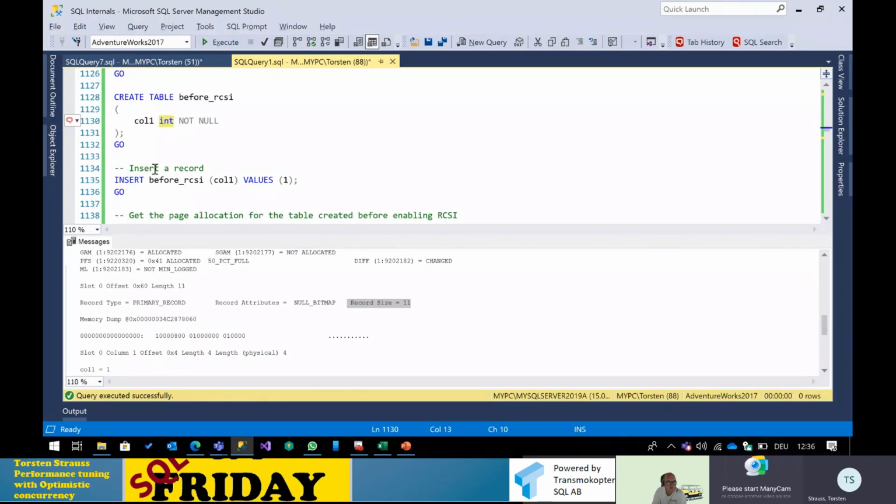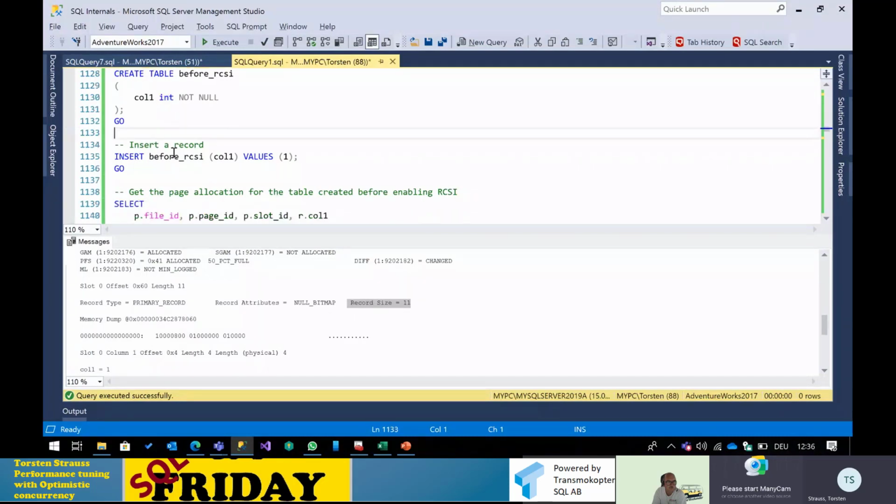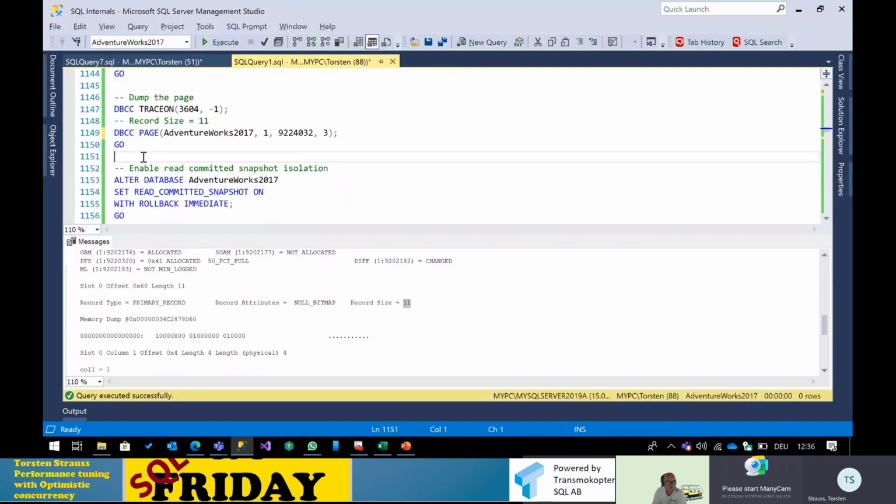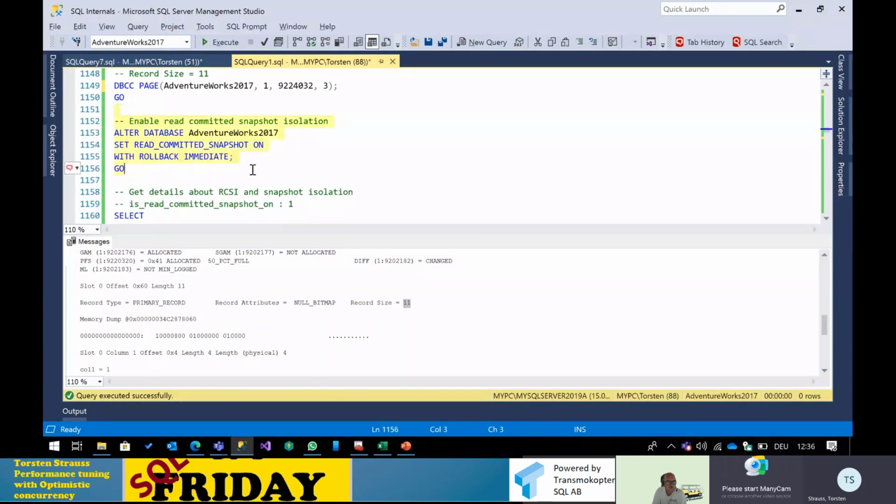That will change or become even more: 4 additional bytes for every variable length column, which is varchar or whatever. But that's not that important. First of all, just recognize that we allocate 11 bytes for this record. For every record we are inserting, we allocate 11 bytes. Perfect. So when I now enable the read committed snapshot isolation,